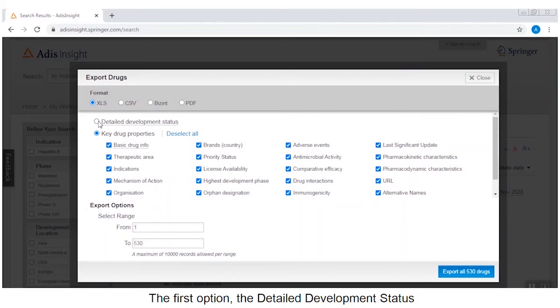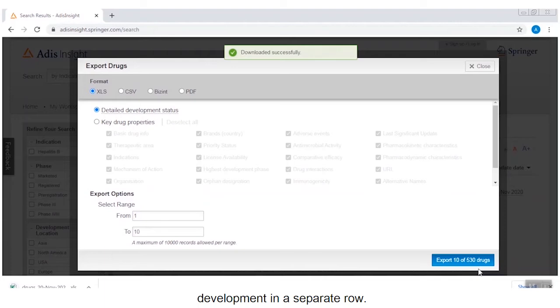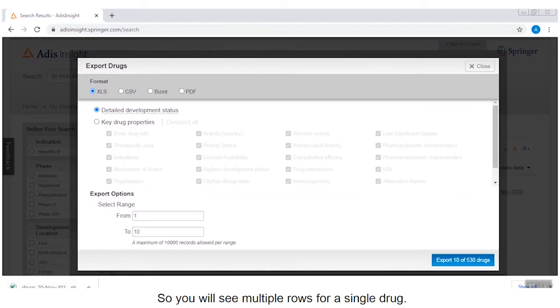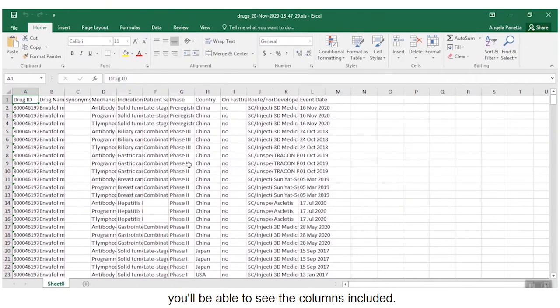The first option, the Detailed Development Status Report, will provide a detailed view of your result set. This report will break out each permutation of drug development in a separate row. So you will see multiple rows for a single drug. If you open this report, which is available in the lower left-hand corner, you'll be able to see the columns